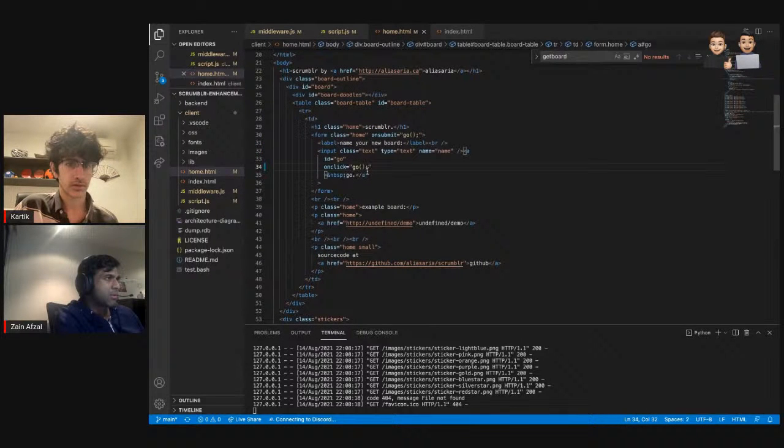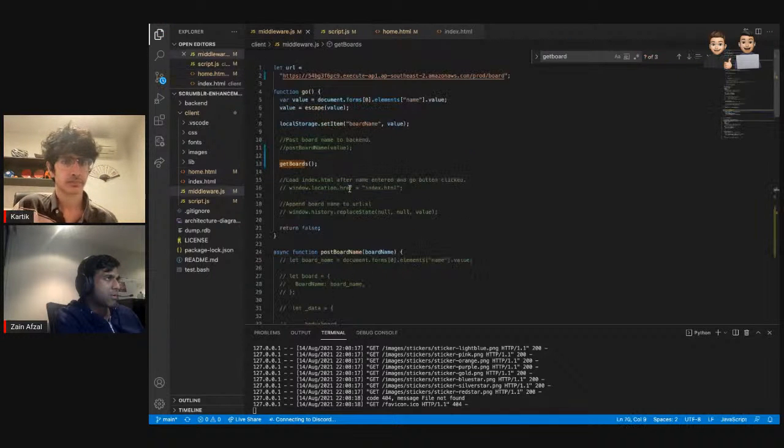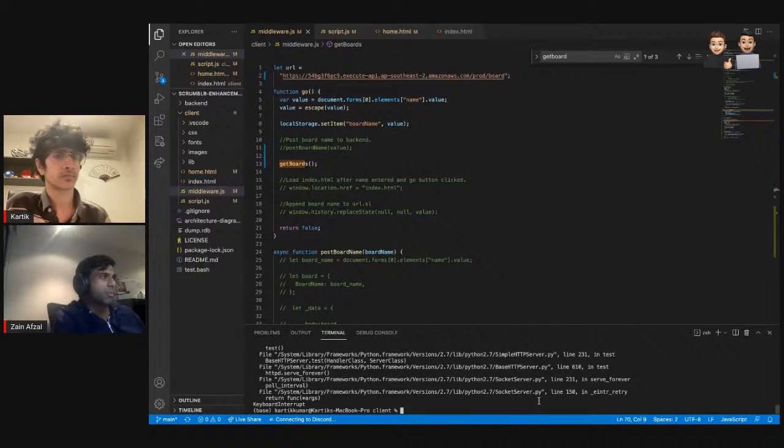Oh, wait. Why is it not finding go? I don't get it. Check if the middleware.js is even imported.